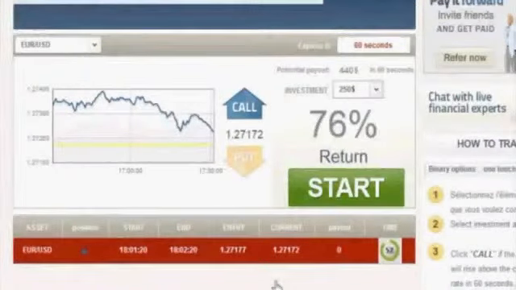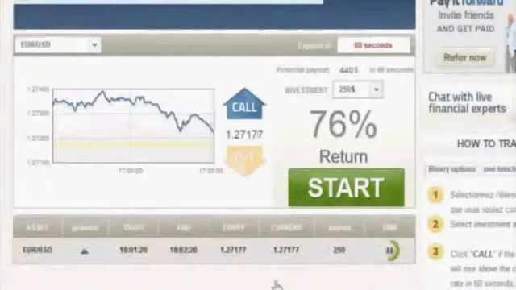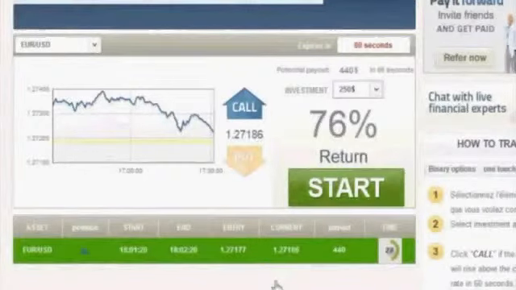All right, so as you can see, my entry point 1.27177. Right now it's at 1.27168, but it's gone up a little bit here to 1.27174, 175. So let's go ahead and sit this one out for a second and just see what happens. We have just about 30 seconds. Oh, now we're back to even, and now we're going back up. And remember,